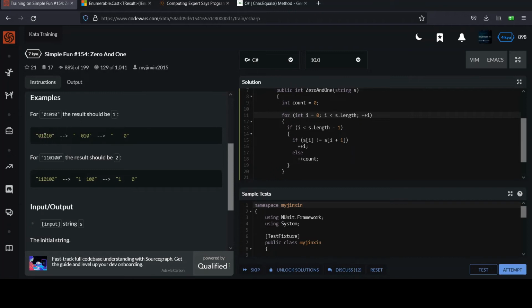But then we have the same thing happen at i equals 2. You're going to see they're not equal to each other, and you're going to bump this value, so that's going to go to 3. You're going to come around to the for loop, and it's going to bump as part of the bump that happens every time you restart the for loop. So i actually goes to 4: 0, 1, 2, 3, 4. So you see you jump to this last index. And so